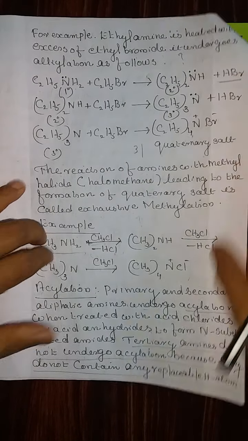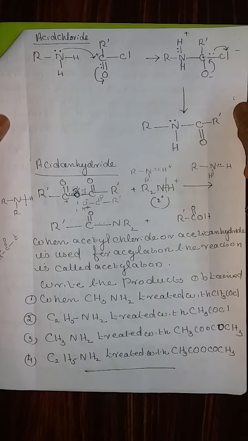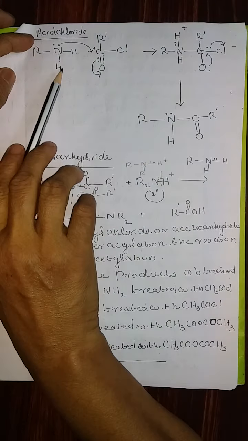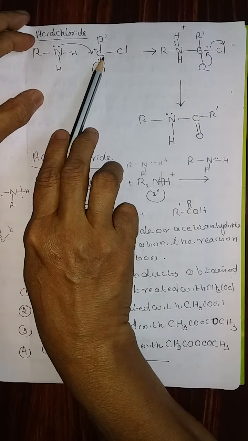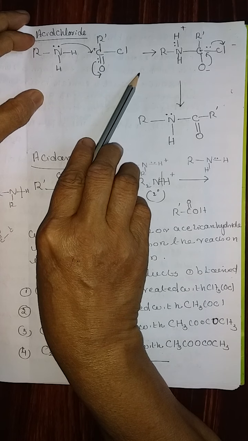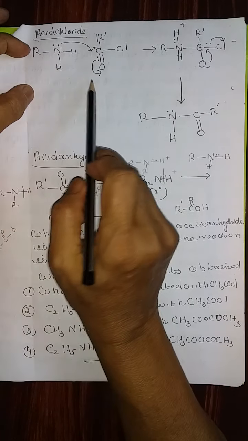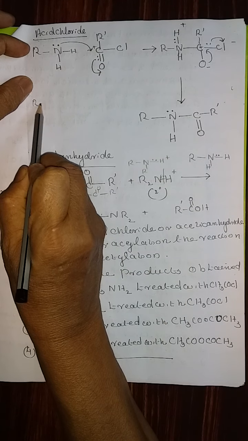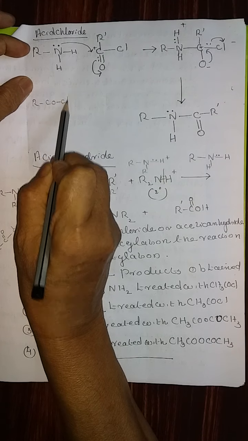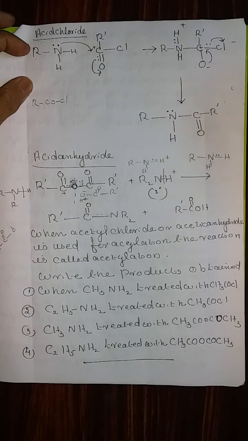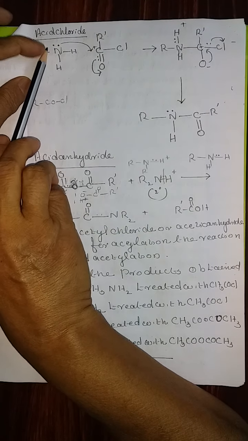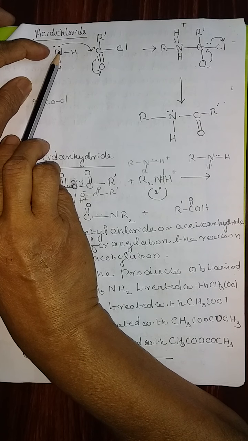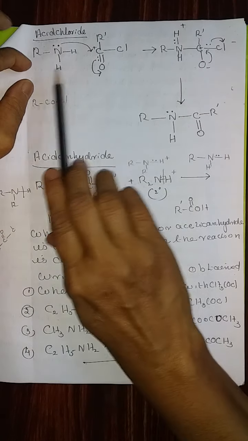A fill in the blank question can be asked, or a give reason question can be asked. Now, mechanism. When explaining each step, please do this mechanism in your notebook. Let us take it with acid chloride. Acid chlorides can be represented by the general formula RCOCl. Now, first step, the lone pair of the nitrogen is used for the bond between these two compounds.